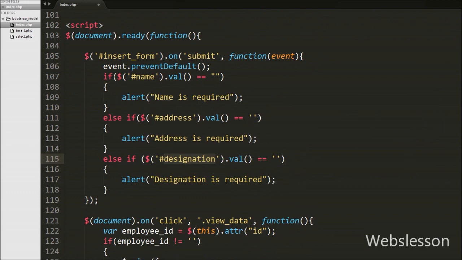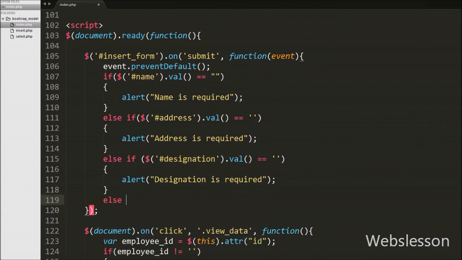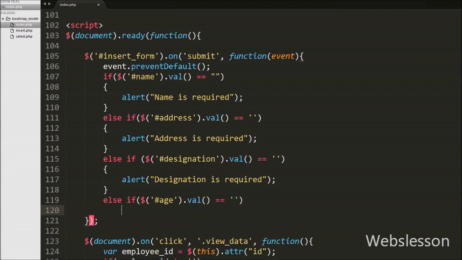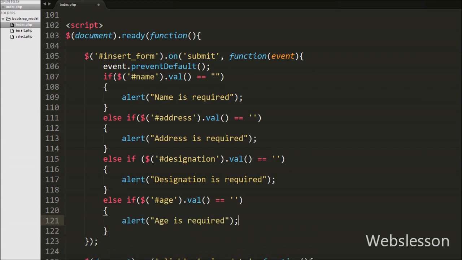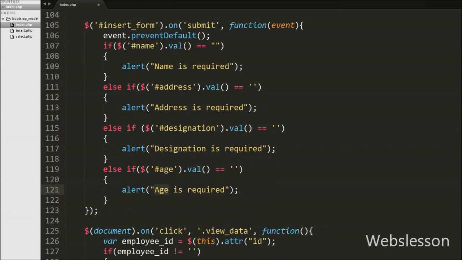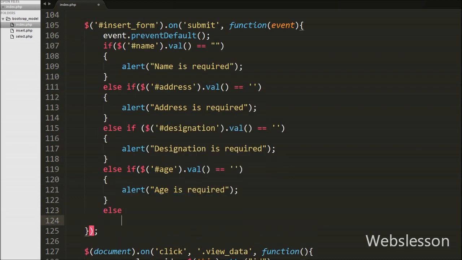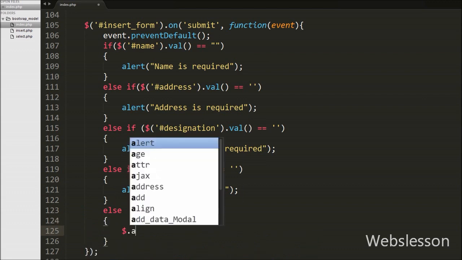After this we have written an else if statement with the condition $('#age').val() is equal to blank. By using the val method we get the value of the age text box, and this condition will check if the age text box value is blank, then it will execute the if block of code, and under this it will produce an alert message like age is required. If all fields have some value, then it will execute the else block of code, and under this we have written